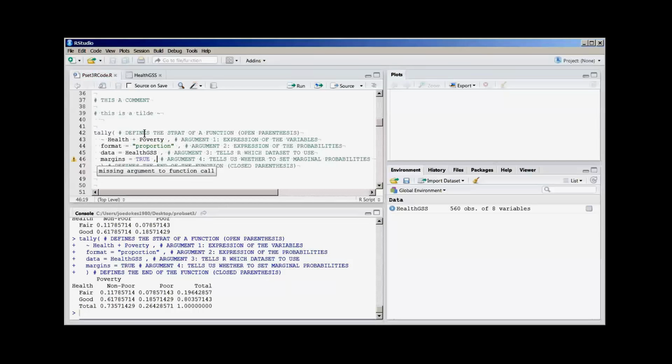One reason we like RStudio is, if you notice my last argument, I erroneously put a comma here, which you shouldn't have, and it'll already complain. Missing argument to call, the argument to function call. That's just a bunch of jargon that says